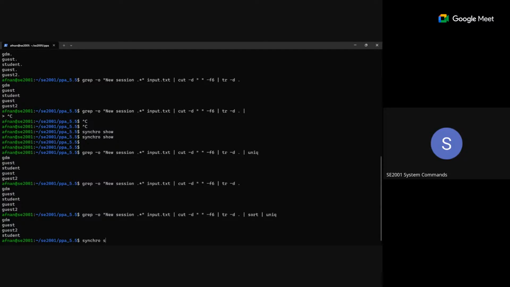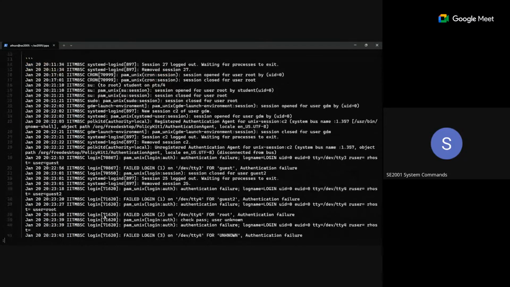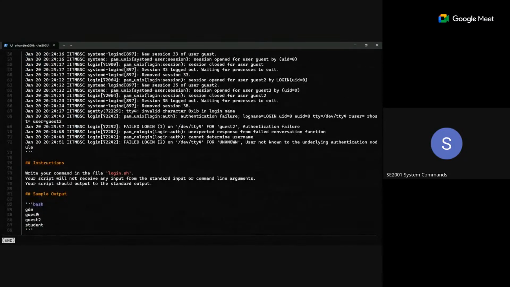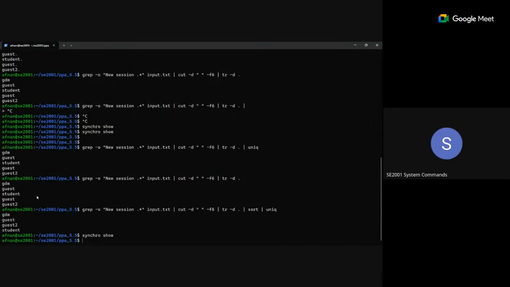But then I just want to match with this output also. Student is at the end, is it? Okay, GDM guest 2 and student. So we are getting the same thing, right? GDM guest 2 and student. Yeah. So this is your command,